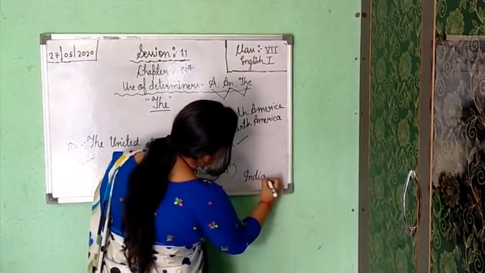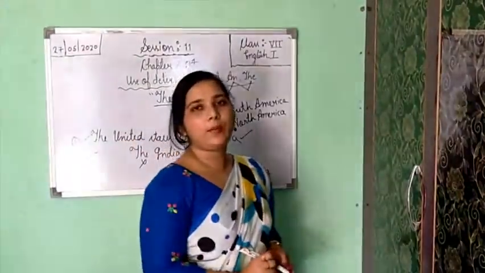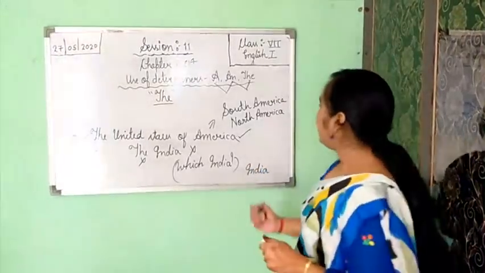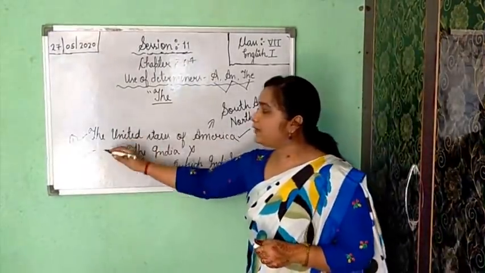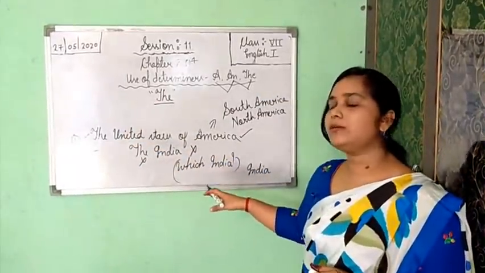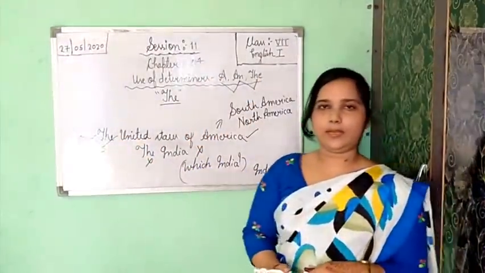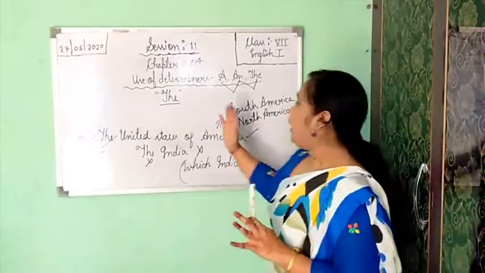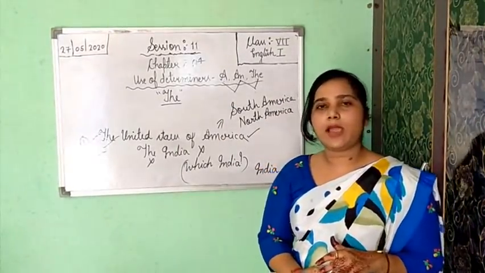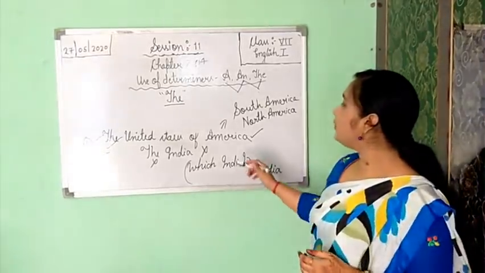But if you are going to America, you may ask which America, which part of America, whether South America or North America. That is why it is divided into two smaller parts, two compound nouns. That's why we are using the United States of America. Understood? If you are getting the name of a country and the country is divided into two parts or more than that, you will use "the".